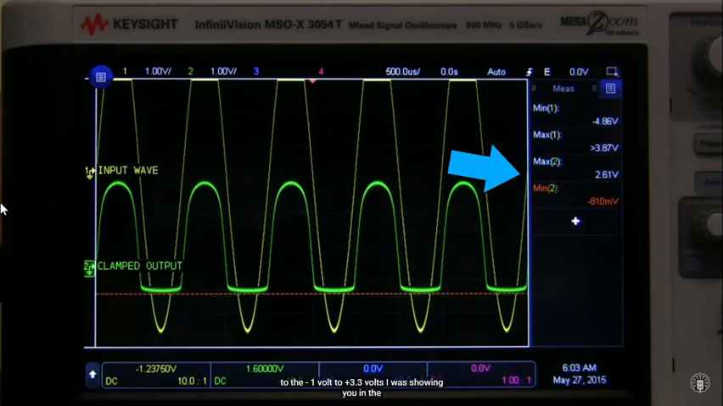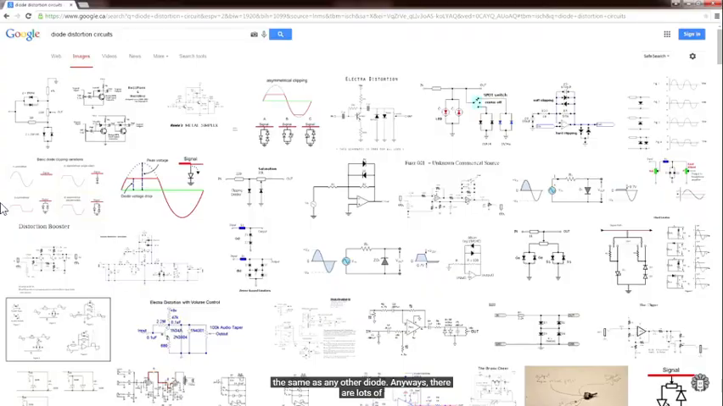Notice how that's different to the minus 1 volt to 3.3 volts I was showing you in the previous example. That's because the exact voltage drop across a Zener diode will depend on the amount of current flowing through it, just the same as any other diode. Anyways, there are lots of different ways to use this technique, and if you search for diode distortion circuits, you